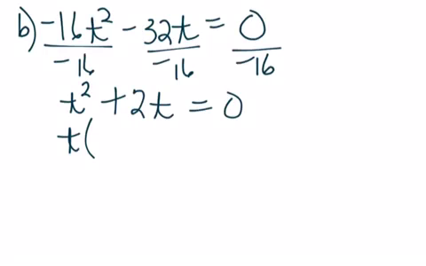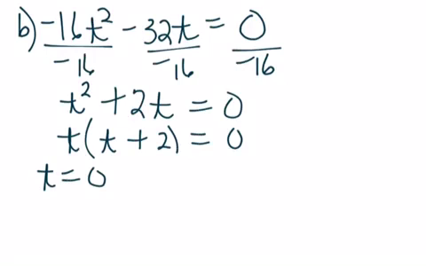Factor out a t, and that leaves t plus 2. So we set the individual t equal to 0, which says in the beginning, or when we threw the projectile, however you want to look at it, that t equals 0. The other time,